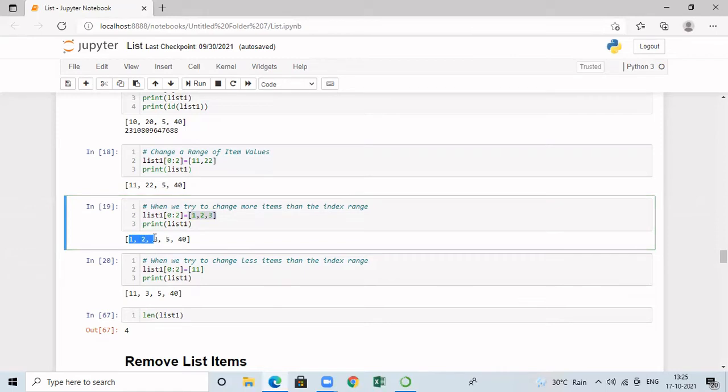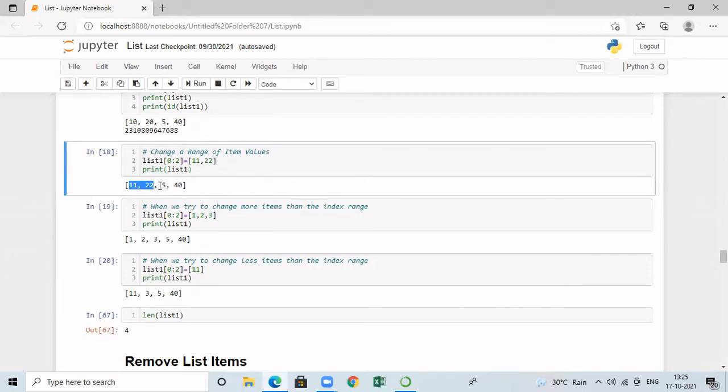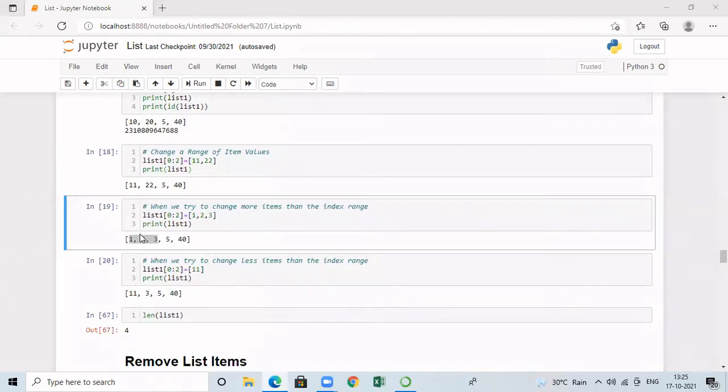That is, 1, 2, 3 will be added, replacing the elements at the index 0 and 1. So whatever is at the index 0 and 1 will be lost. So 11 and 22 are lost and the remaining elements 5 and 40 will be retained as such. So we now have three new elements 1, 2, 3 replacing the elements 11 and 22. Then 5 and 40 are moved after that.